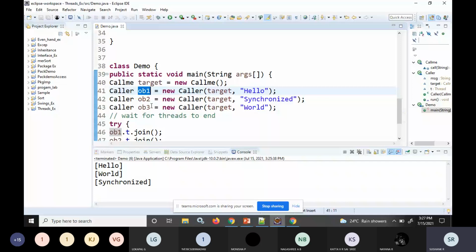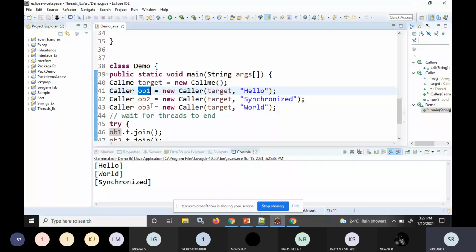One example of inter-thread communication is the producer consumer problem. So what do you mean by the producer consumer problem? We have two processes, one is the producer and the other is the consumer. They are sharing a common buffer.